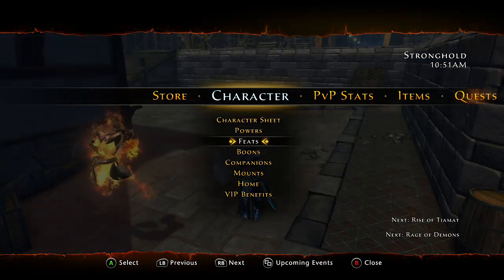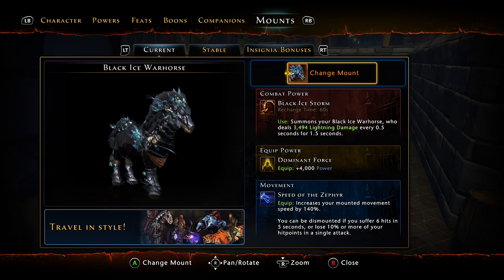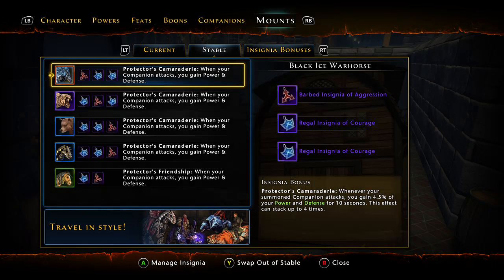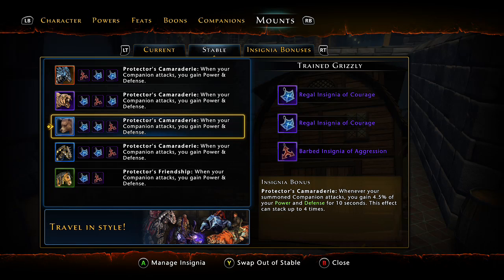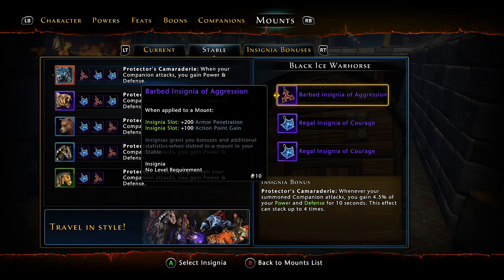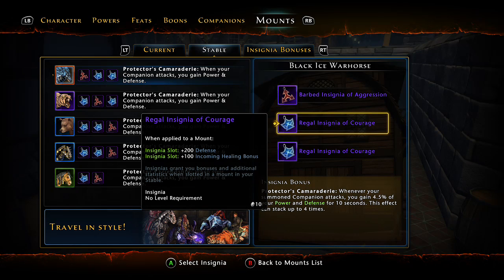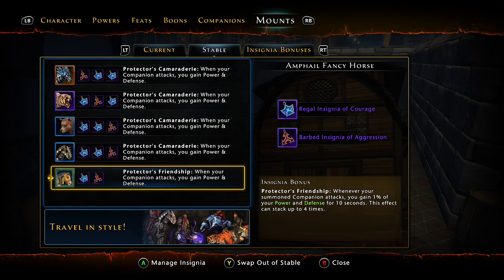Alright, companions done, let's go to mounts. Got stable. I run 4 Protector's Camaraderie with armor pen, barbs, and the defense regal. And I run 1 green con mount